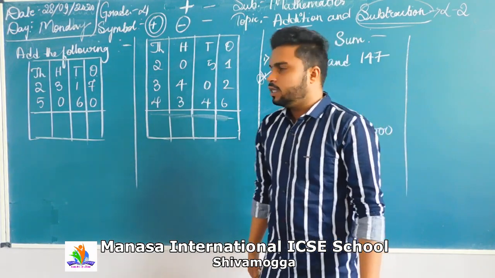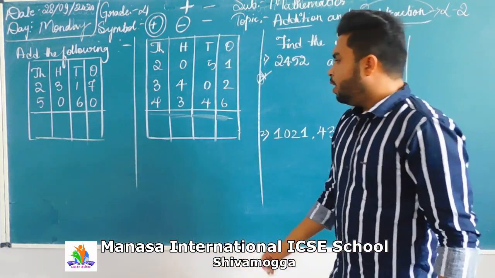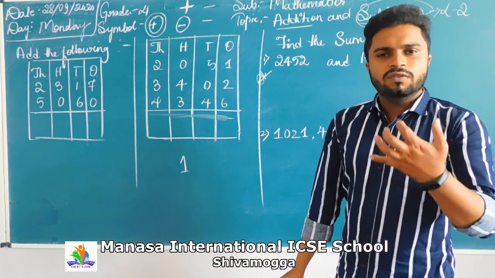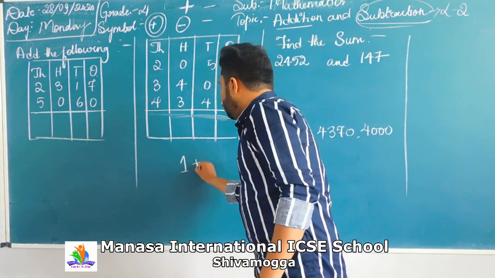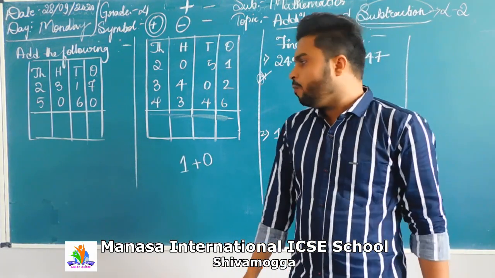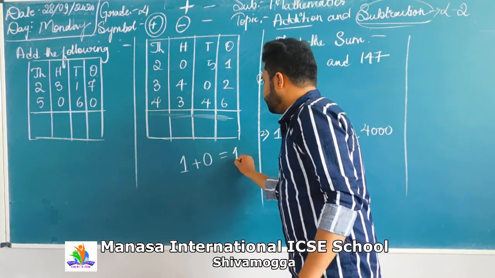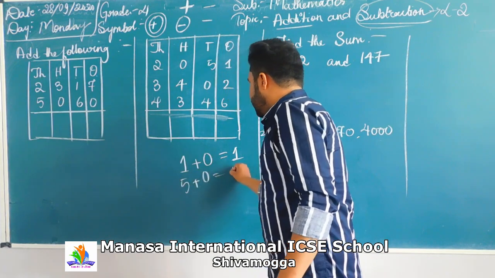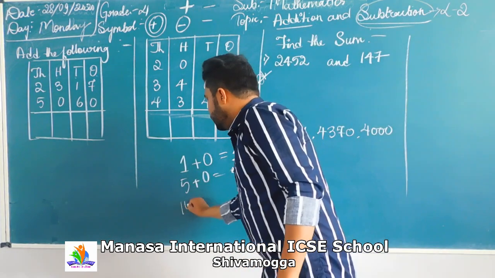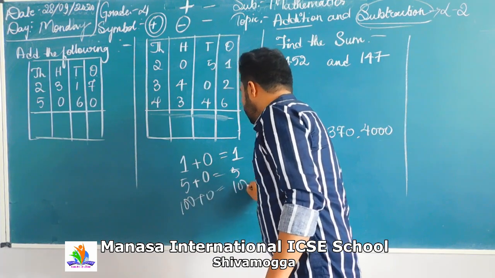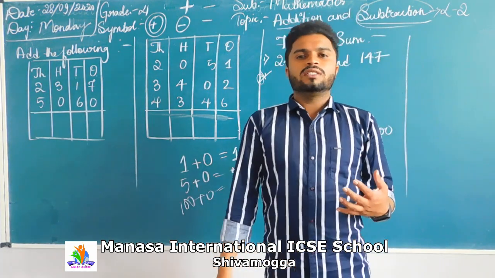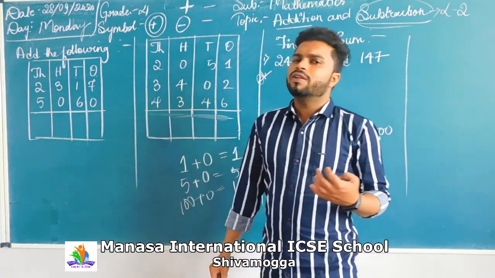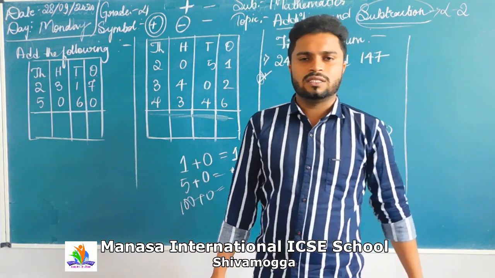Then, yes. See, please look at the word. Now, if a number like 1, you can take any number, either 1 or 2 or 3, is added up with 0, you will get the same answer. If 5 is adding up with 0, you will get the same answer. If 100 is adding up with 0, you will get the same answer. When it is added up with 0, you will get the same number. That is the property of what? Addition. You will get many more properties in the next classes.